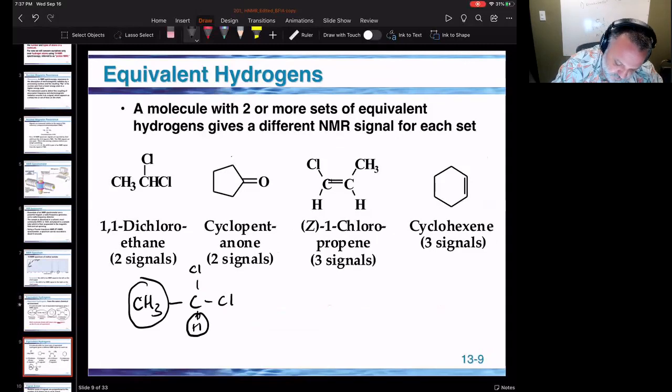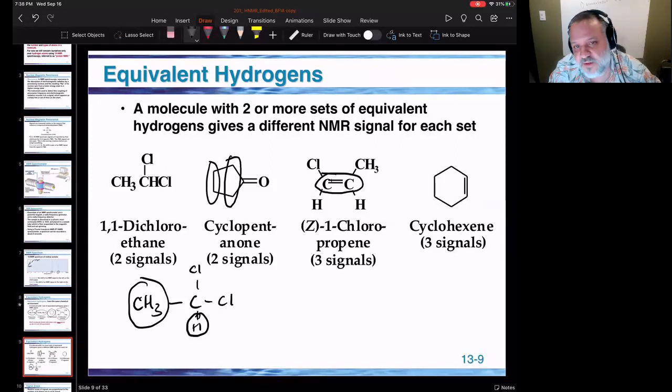The same thing's going on here. These 2 hydrogens are 1 removed from the C double bond O. These 2 are 2 removed, so it's a different chemical environment. Now, remember that there is no free rotation around a double bond. So that means that,